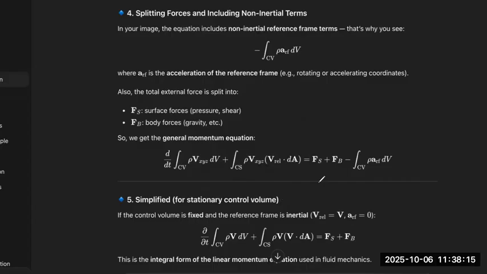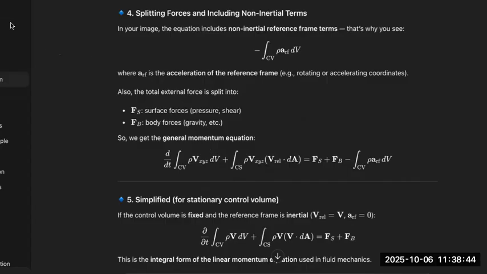And this is equal to the surface forces plus the body forces minus potentially non-inertial terms, such as this one. And v xyz is used depending on what direction, what component you